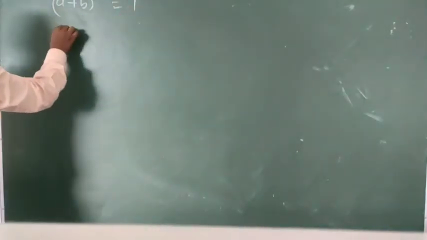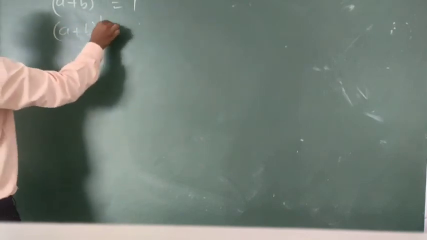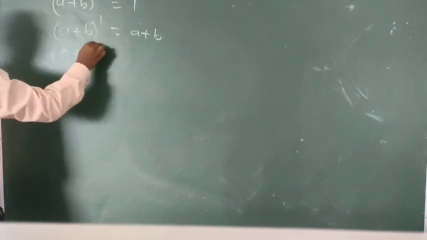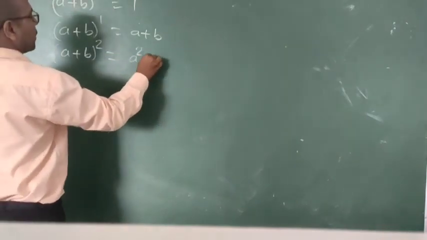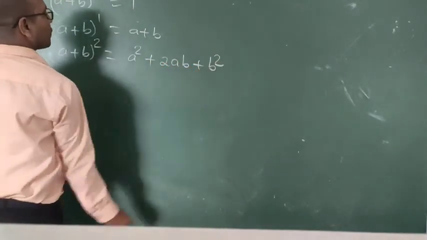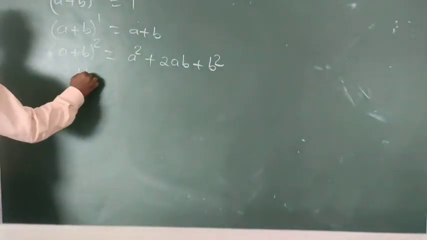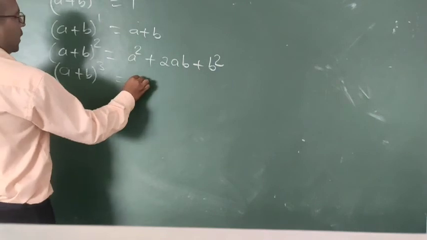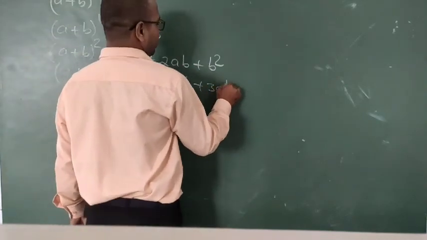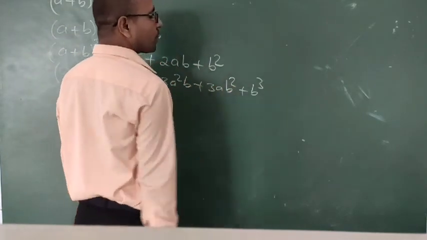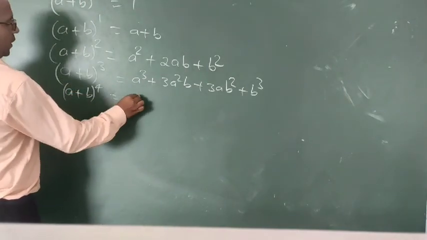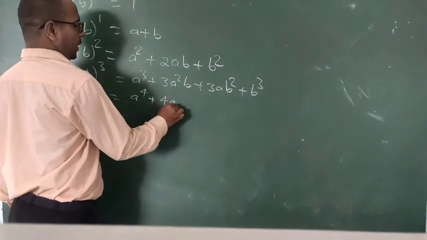In the same way, a plus b whole to the power 1 is a plus b only, and a plus b whole square is a square plus 2ab plus b square. a plus b whole cube is a cube plus 3a square b plus 3ab square plus b cube. In the same way, students, a plus b whole to the power 4, you will get here a to the power 4 plus 4a cube b